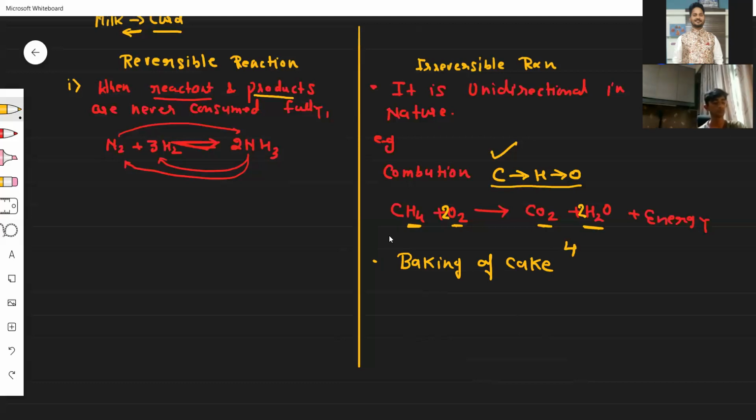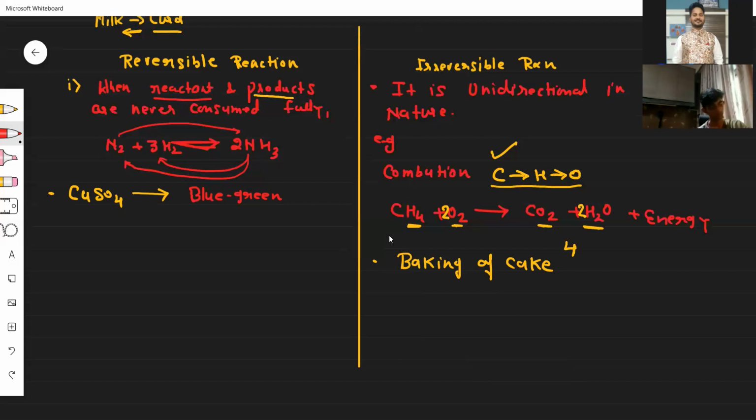Now coming back to the reversible reaction. This is very important. You must have seen CuSO4 in the chemistry lab. What is the color of CuSO4? It is bluish green. Mainly it is blue, but sometimes we get a green also. So we just have to see why it is a reversible reaction.